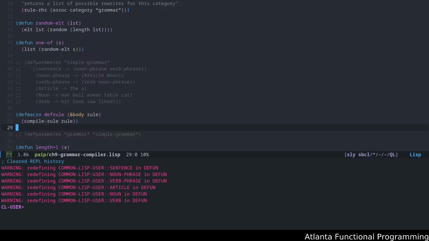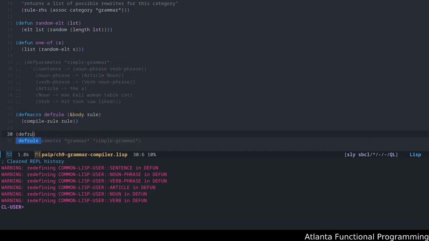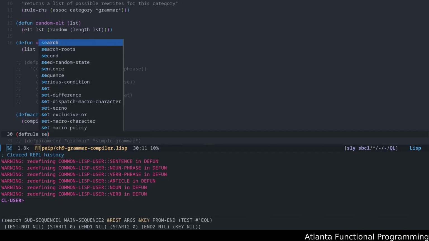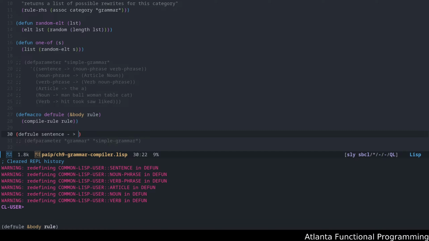So we now define that. We have our def rule. And now instead of our grammar being written that way, we could also write it this way, like functions, essentially. So sentence, arrow, noun phrase, verb phrase, and this should actually be a list here. And if we do a macro expand of this, you can see that this just generates our function the same. Okay. So this is another approach to building this case here,